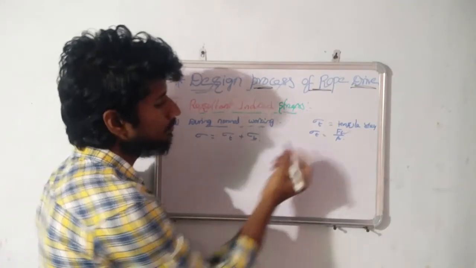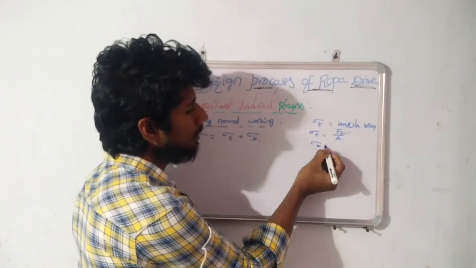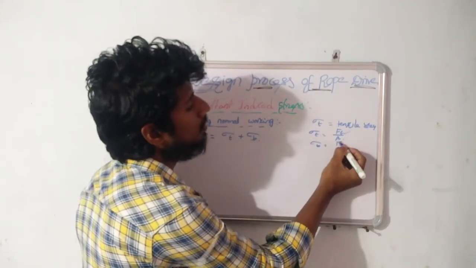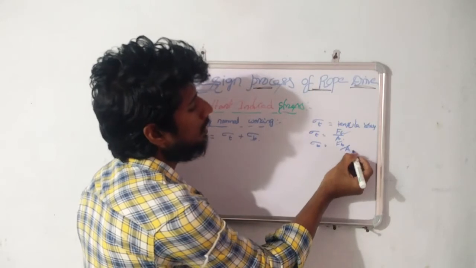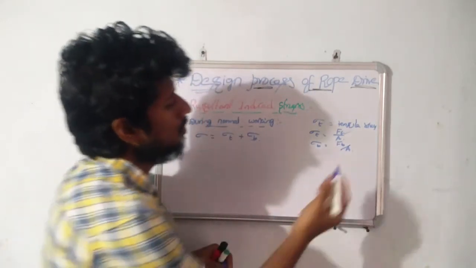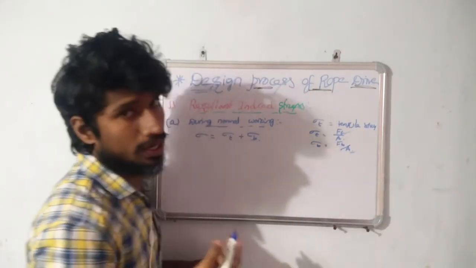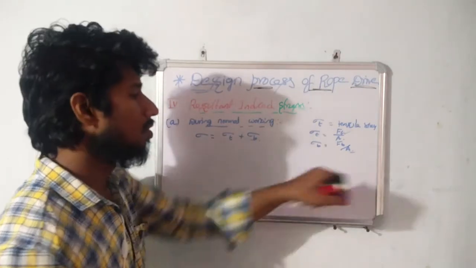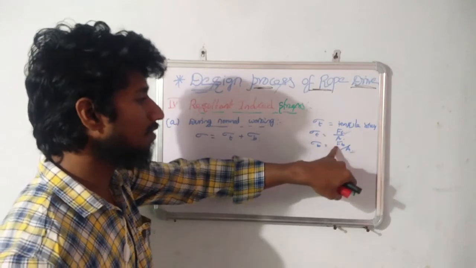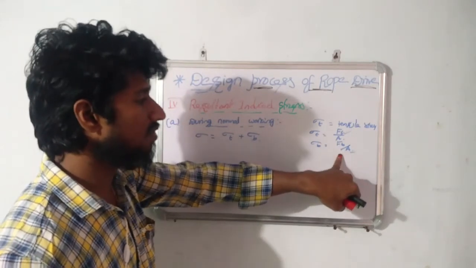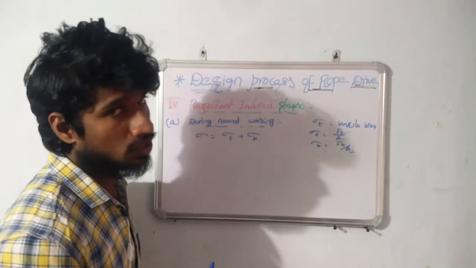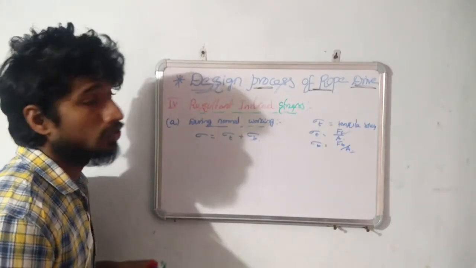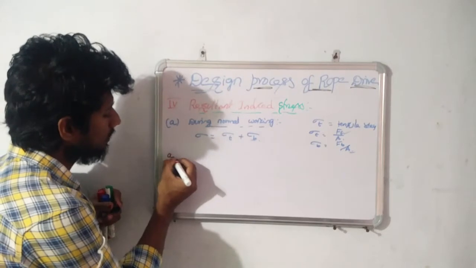And next, what is the sigma b? Here the sigma b is the bending stress, and sigma b equals Fb by area of the rope. We already found the area of the rope in the starting step, with the help of the type of the rope. We know the area and we know Fb. With the help of this ratio, we get the bending stress acting on the rope. So this is the first step in the resultant induced stress. And go to the next one.